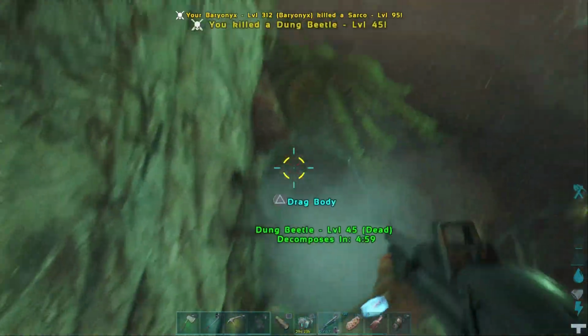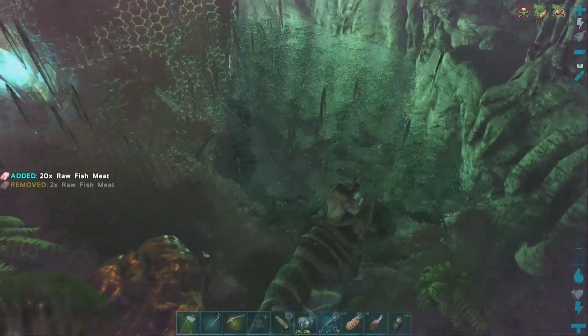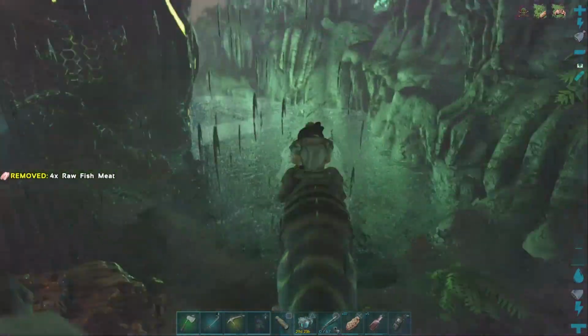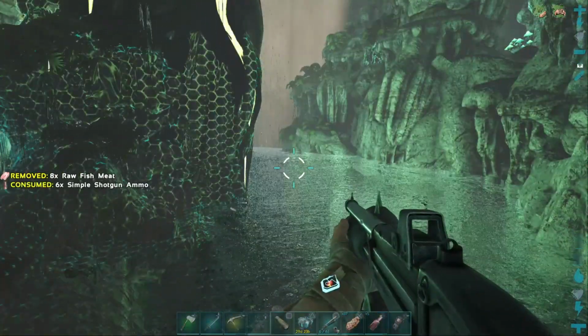Get out of here. And these guys, when they do that roll, they can knock you right off your mount. It's just really, really annoying and frustrating. Alright, let's reload this guy, and we're going to head back down there. Not that we can really do it underwater. But as you'll see,